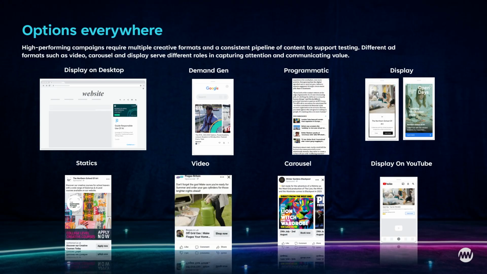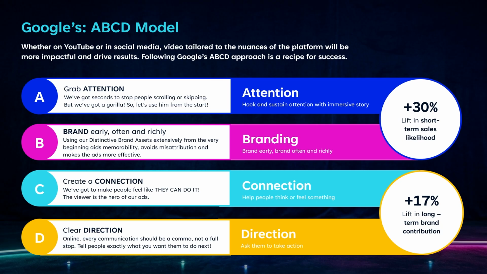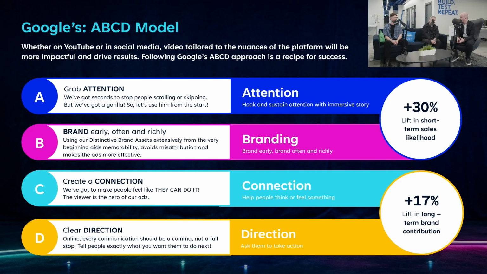Yeah, I think for me, that's a massive element, isn't it? We've just talked about how it's easier in lots of ways to create lots of content than it has been before. There are so many variants out there. It's about having that really structured approach. And I think one way that we can structure that is definitely around Google's ABCD model, which I know we've talked about previously, but I think it's always a really good one to come back to, Paul.